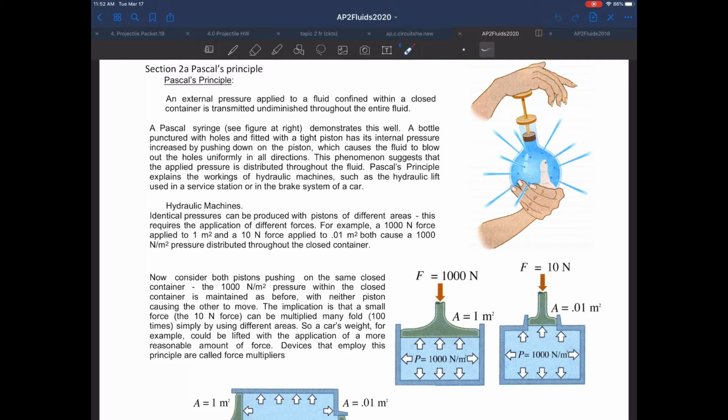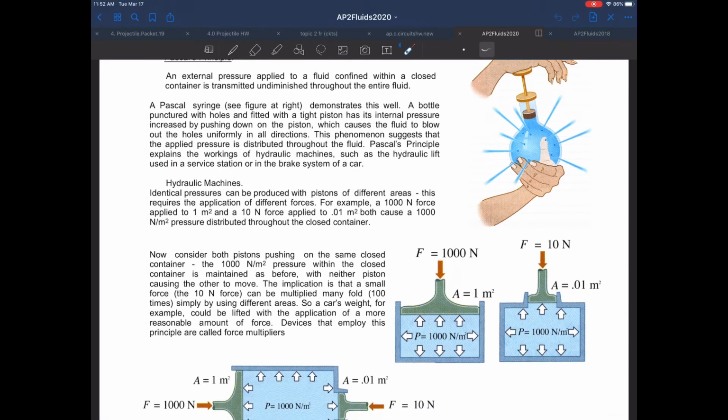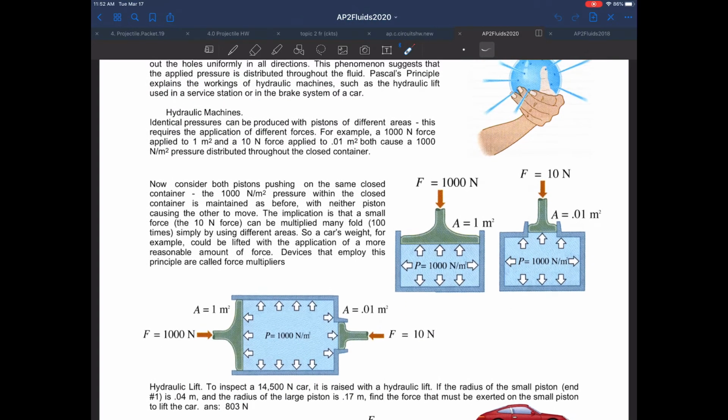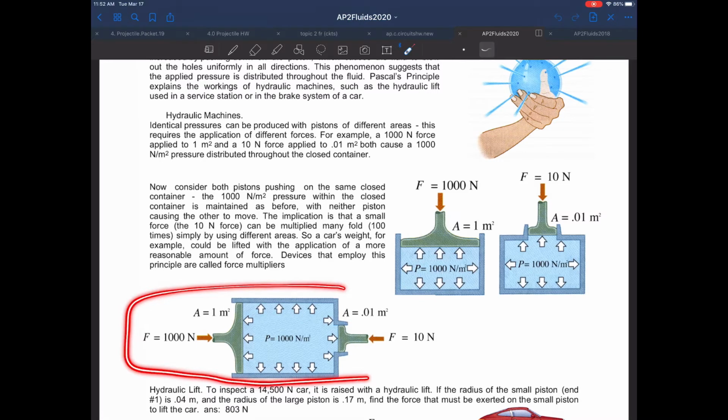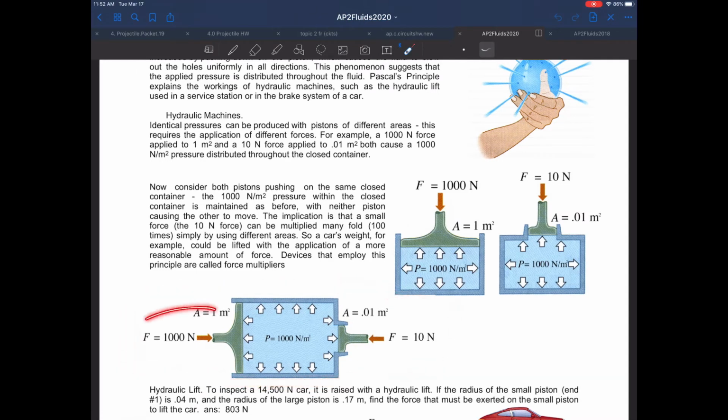It'll also explain the workings behind this hydraulic lift. It also explains the differences in the syringes that we saw in the video. So here's what we were looking at in the video. We're looking at pushing on a big syringe and pushing on a little one. So as you move the little syringe in, right, you are changing